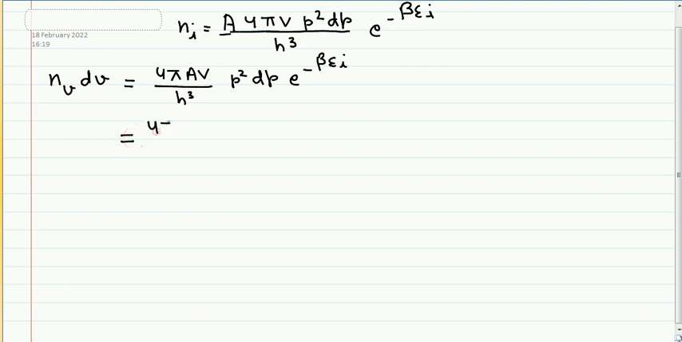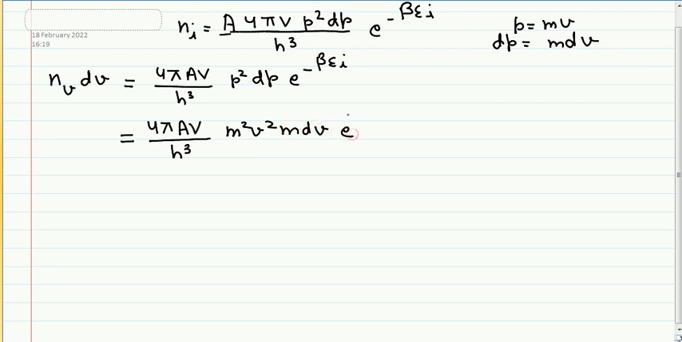So it will become 4 pi AV upon h cube, and then p square. So p is equal to m into v, or dp is equal to m into dv. So let us substitute this value. So p square means it will be m square v square, and dp means it will be m into dv,